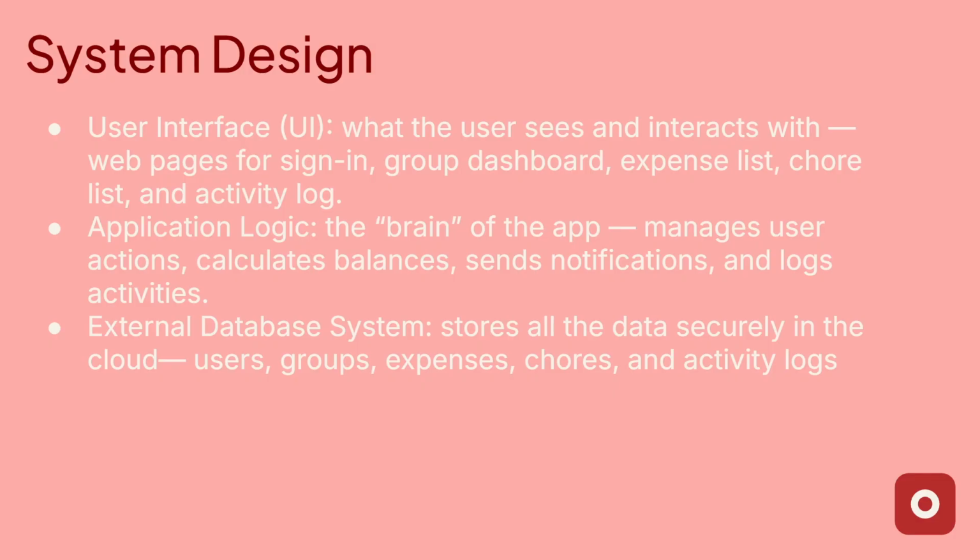For our system design, we first started off with different diagrams, block diagrams, sequence diagrams. For example, we had a block diagram which demonstrates how users interact via the web app UI, which sends requests to the backend, and the backend handles authentication and the app logic for users, groups and expenses, and enforces roles and permissions.